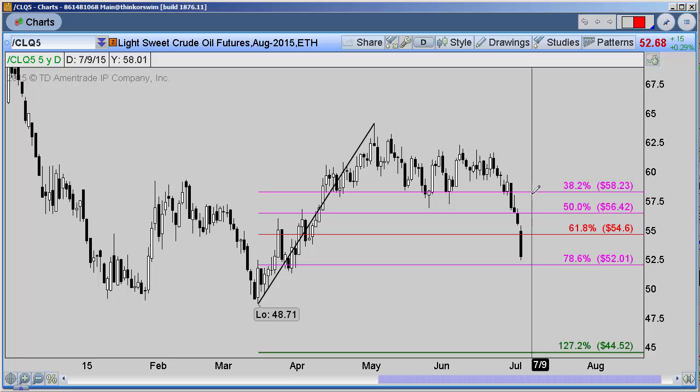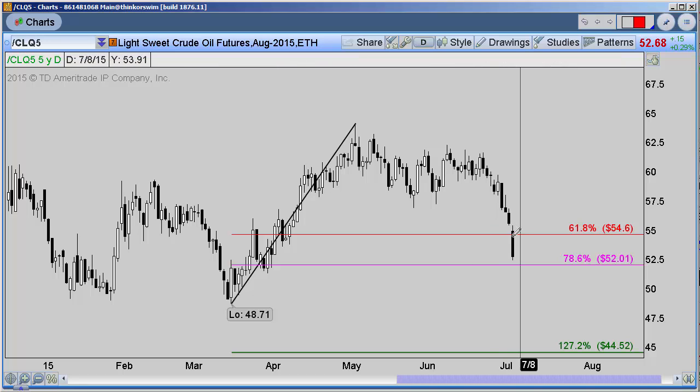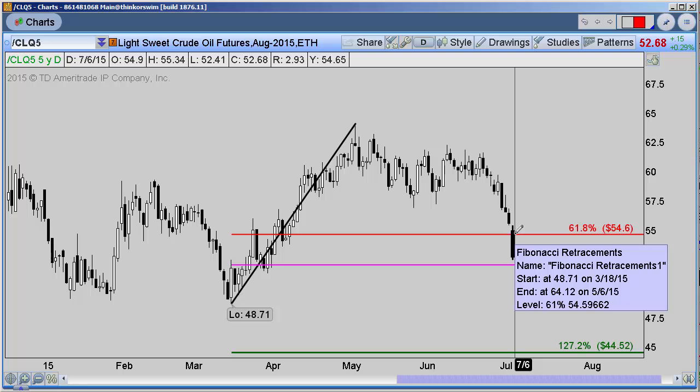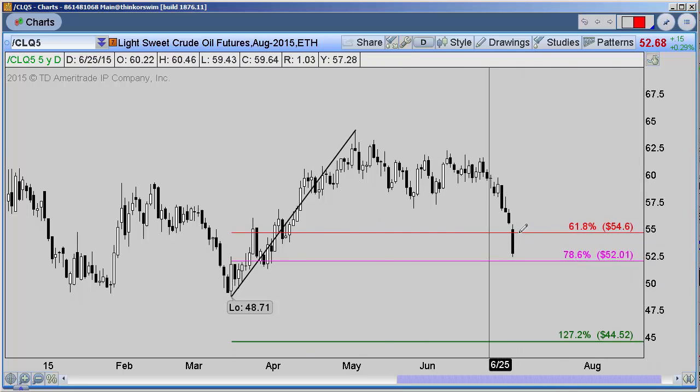Anytime you clear these levels on the way down, you just want to erase them using Control-Click in Thinkorswim. And this is what I wanted to point out, this big area right here at the 618. Now you'll notice that on the 618 I use this as a different color. It's because the 618 carries a very